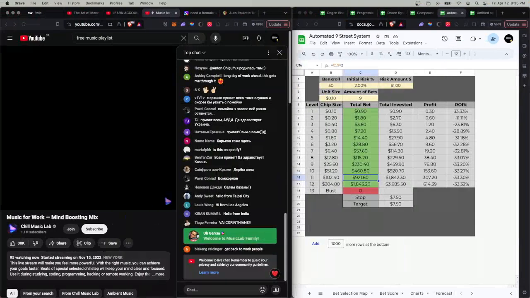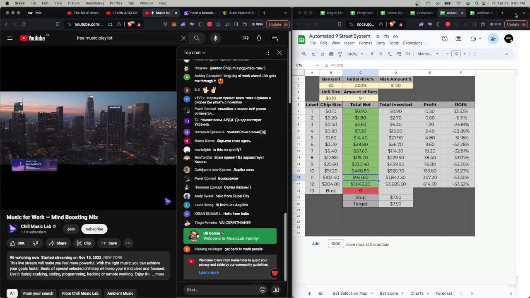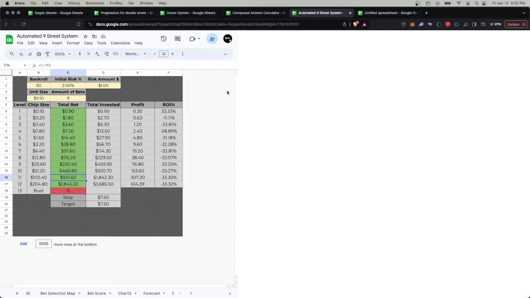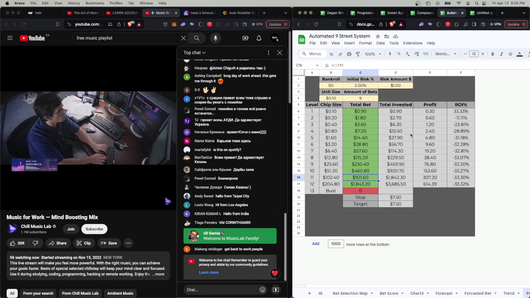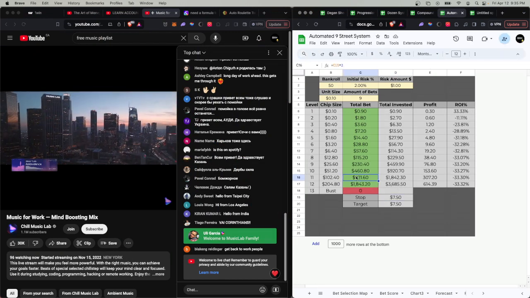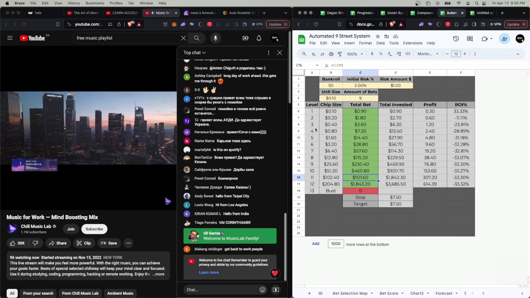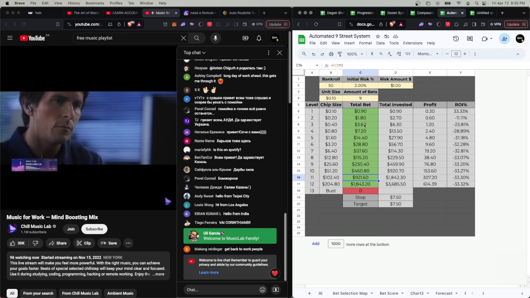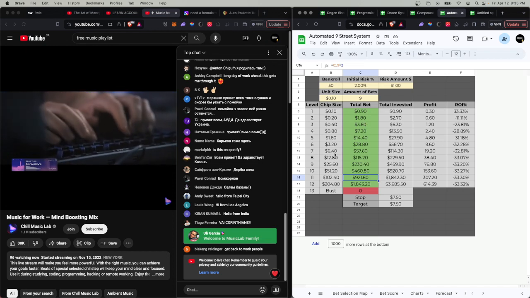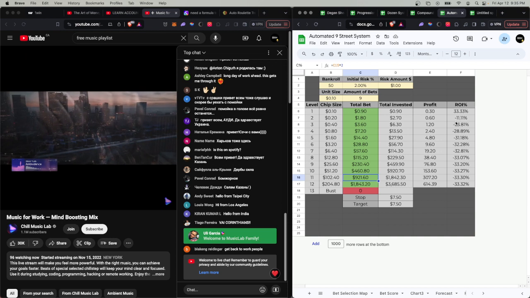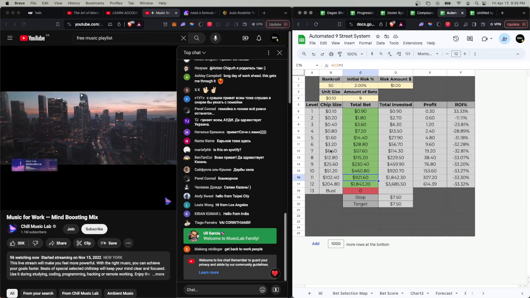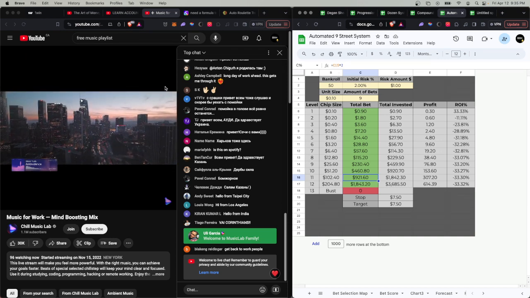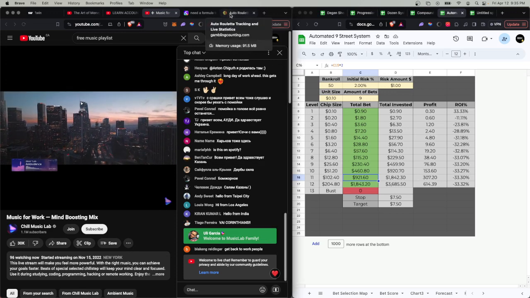Decided to showcase this tool. It's not 100% yet, but I felt the need to showcase it. I got a different way of showcasing it this time. It's the progression we're going to use. You can see if you had $1,000 in your bankroll, you'd be covered up for 11 steps. It's kind of the low roller version of the all black 9 street strategy, but I'm using my automated logic to suggest bets. And what I'm gonna do that's different